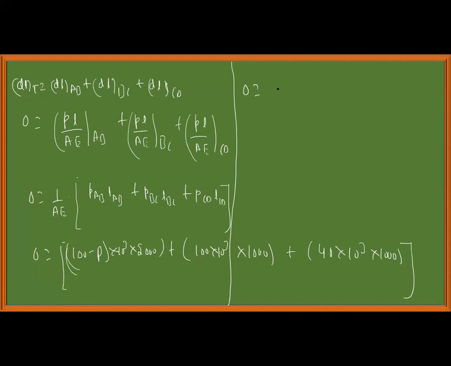You can cancel it. 0 is equal to 100 minus P into 2000 plus 10 power 5, right, plus